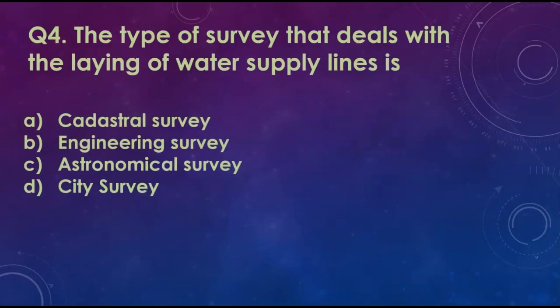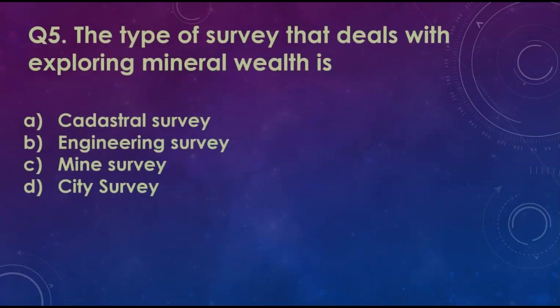Question 4, the type of survey that deals with the laying of water supply lines is, the right answer is option D, city survey. Question 5, the type of survey that deals with exploring mineral wealth is, the right answer is